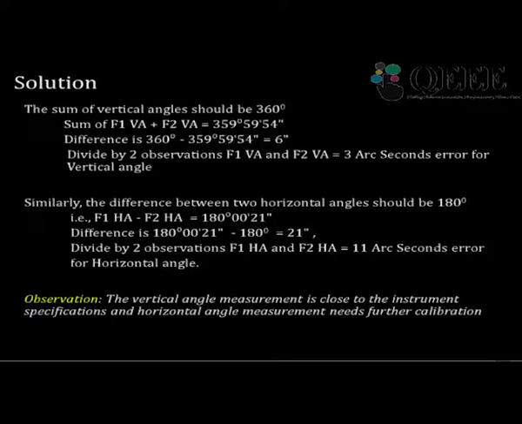The next one: here I have told about the calibration of the horizontal and vertical angles. My another simple question is how to calibrate the distance measurements. How are you going to say that your distance measurement from the instrument is correct? The simple solution is, if you have two different benchmarks, you can calculate the distance between the benchmarks whose distance is already known, calculated by earlier measurements.